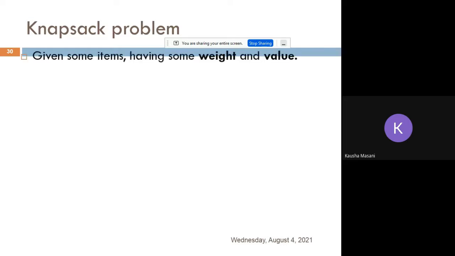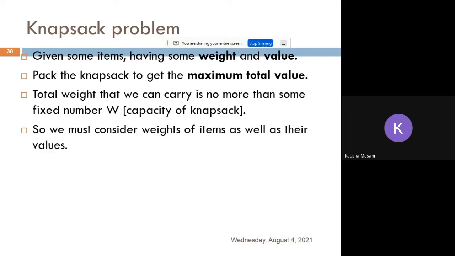Now, in this problem, if we just look at the theory, you will be given some weights and some values. Knapsack is nothing but one kind of a bag, which will have some maximum total value. For example, if you have a rucksack, sometimes it is mentioned that it can carry weight up to 20 kgs, or sometimes it is in liters, 20 liters, 30 liters rucksack. So that is the knapsack for us. And the maximum total value can be the total weight it can handle.